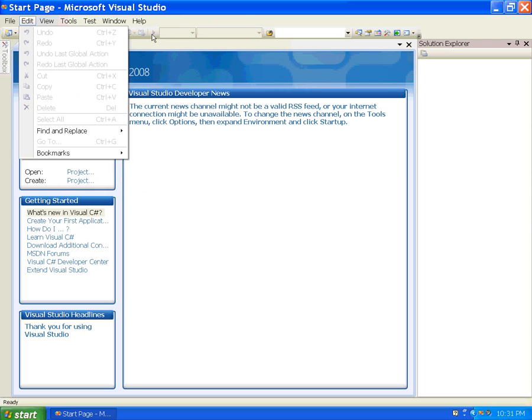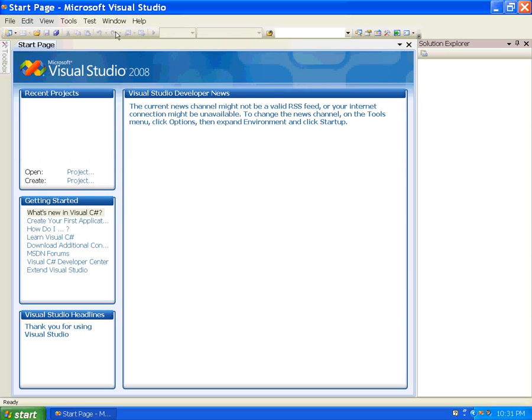This is the standard toolbar. There is Save All, Open File, New Project, Cut, Copy, Paste, Redo, Undo, and this is used to run a project, and the shortcut is F5, and we use Ctrl plus F5 to debug the project.